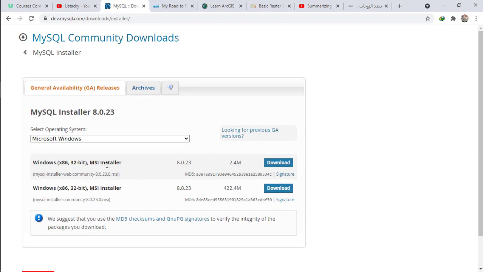So there are two options here: the web installer and the standalone installer. The difference is that this standalone installer will download all the files you need for the installation to your hard disk. You don't need internet when you are installing it. But the web installer will only download the basic setup. So all the files that you need for it will have to be downloaded from the internet at the